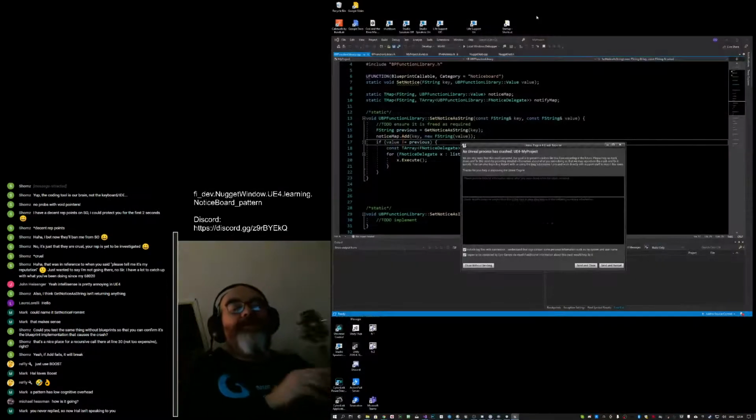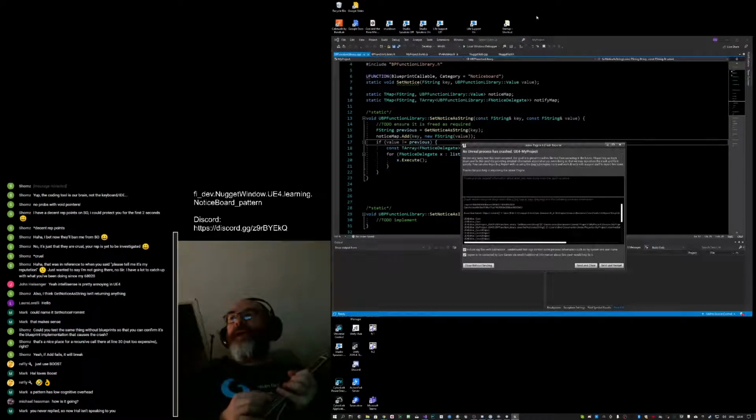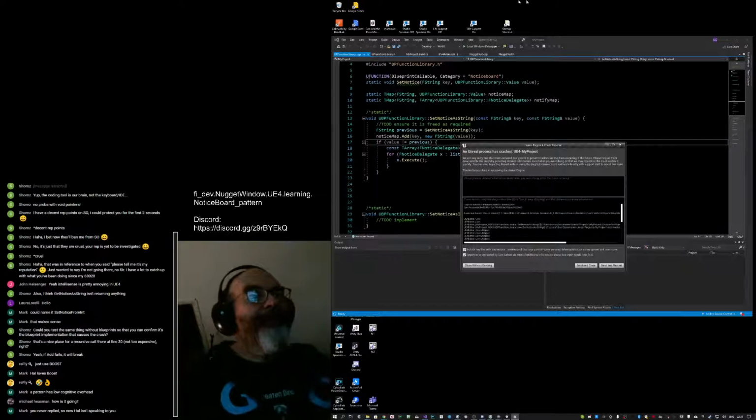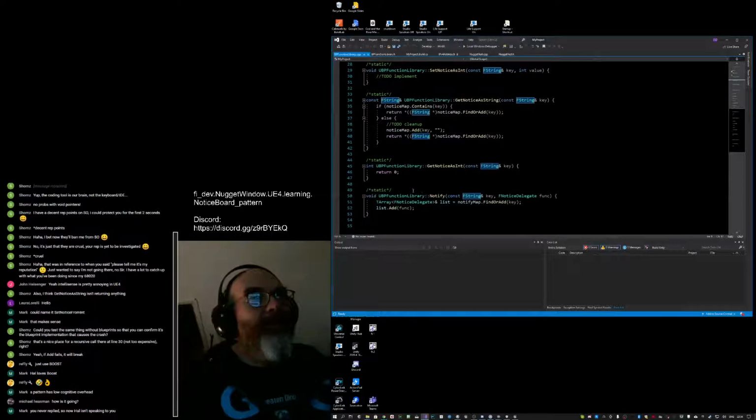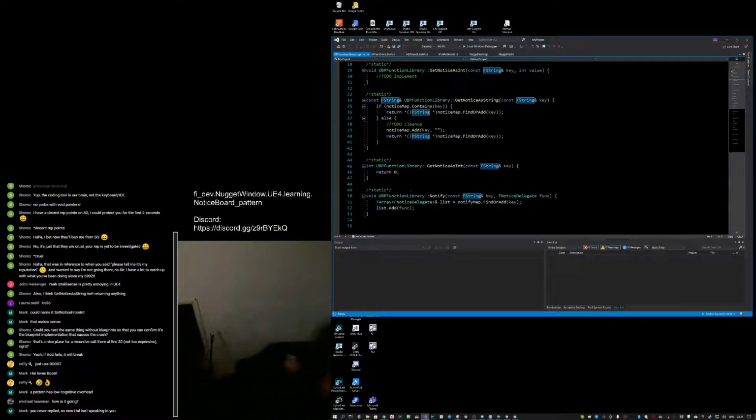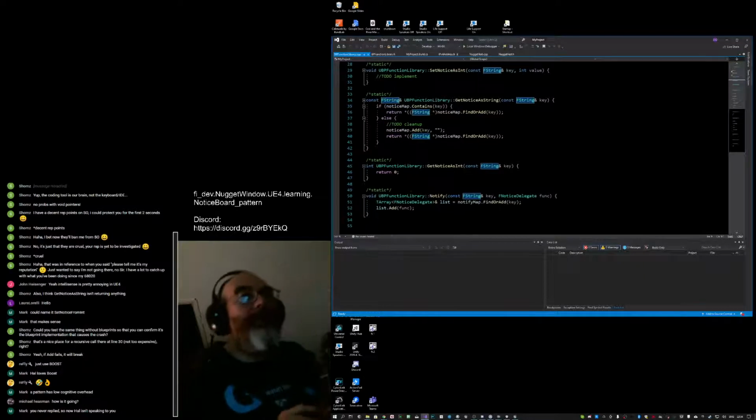And that's where it crashes. It crashes when you try to set a key that's already set, but only the second time. I wonder how that could be. So we're looking at it crashing in